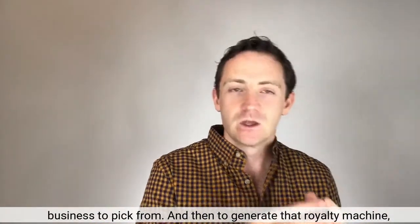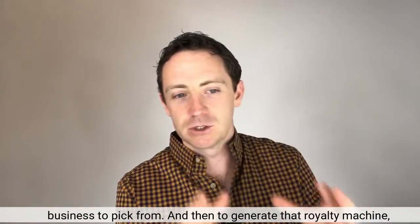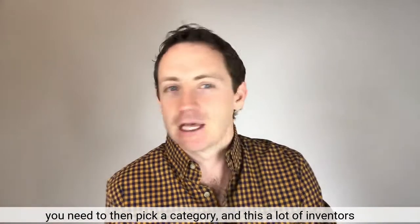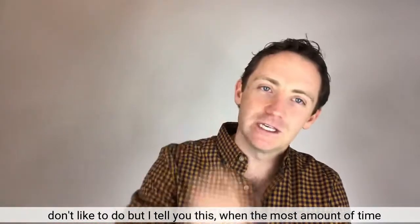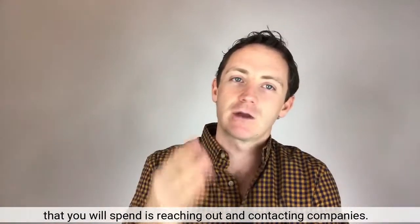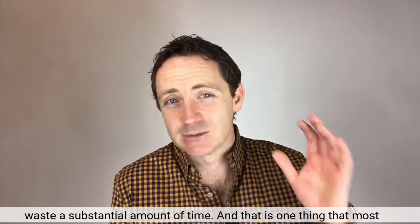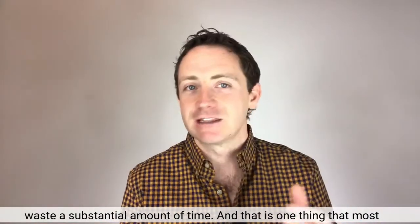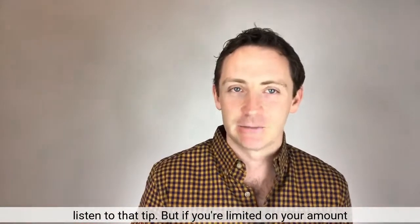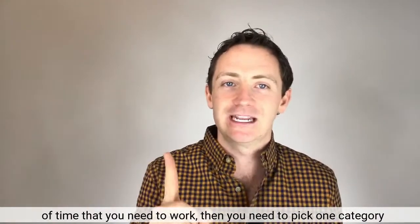And then to generate that royalty machine, you need to pick a category. And this, a lot of inventors don't like to do, but I tell you this: the most amount of time that you will spend is reaching out and contacting companies. So if you jump from one category to the other, you're going to waste a substantial amount of time. And that is one thing that most people don't have. If you've got extra time, then you don't need to listen to that tip. But if you're limited on your amount of time that you need to work, then you need to pick one